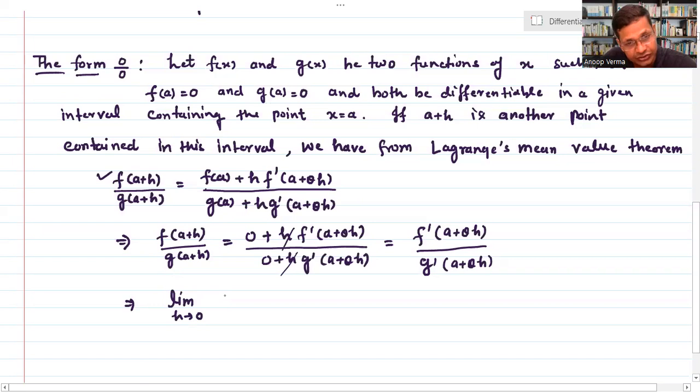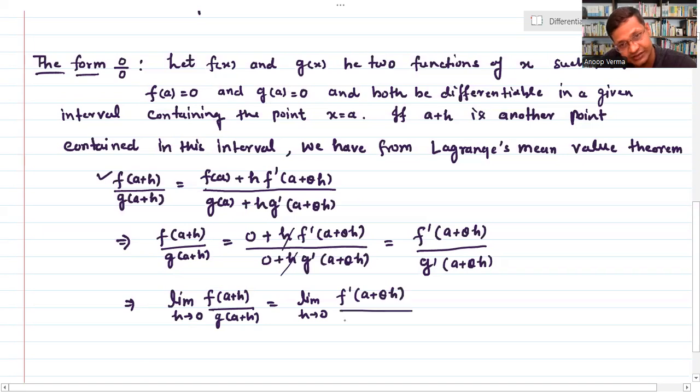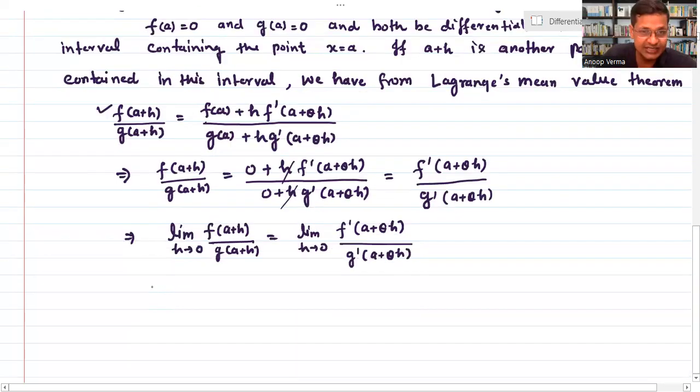So f of a plus h divided by g of a plus h is just equal to the limit h tending to 0 of f dash of a plus theta h divided by g dash of a plus theta h. Okay. Now when you apply this limit, you can see clearly that this is your RHS limit at this point